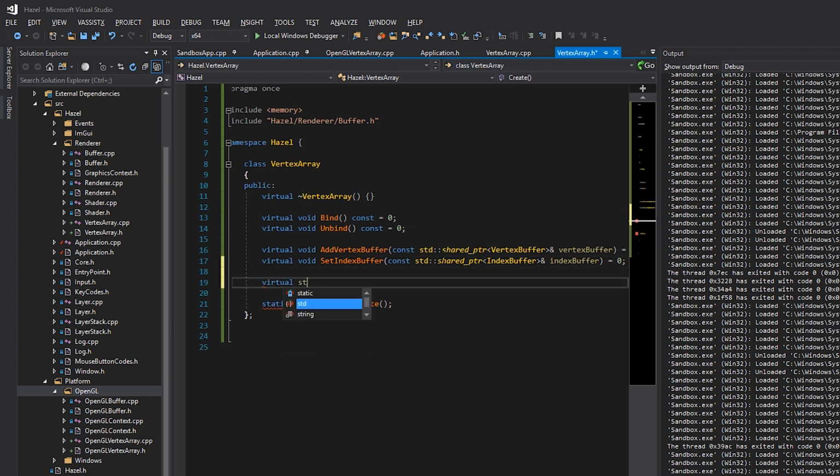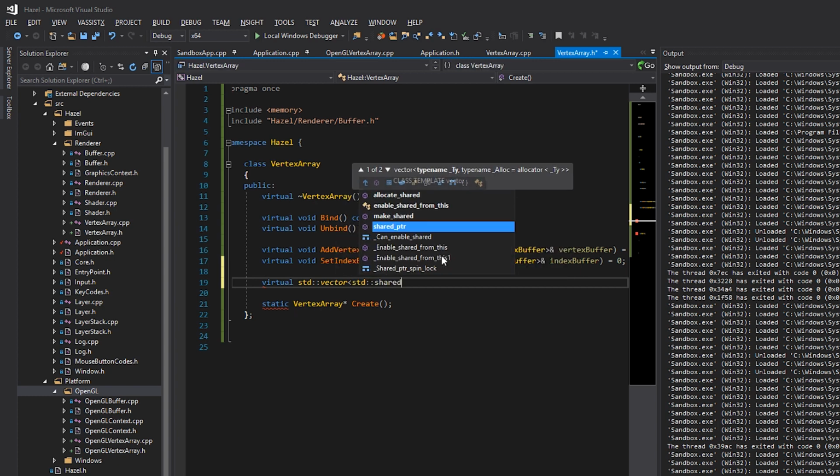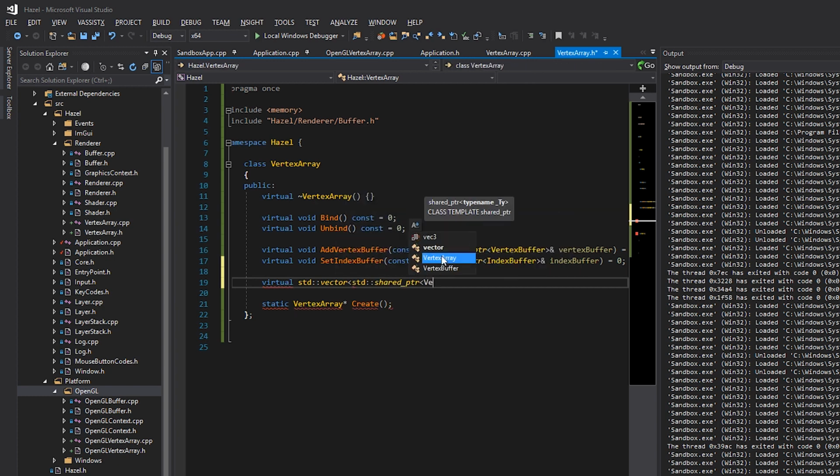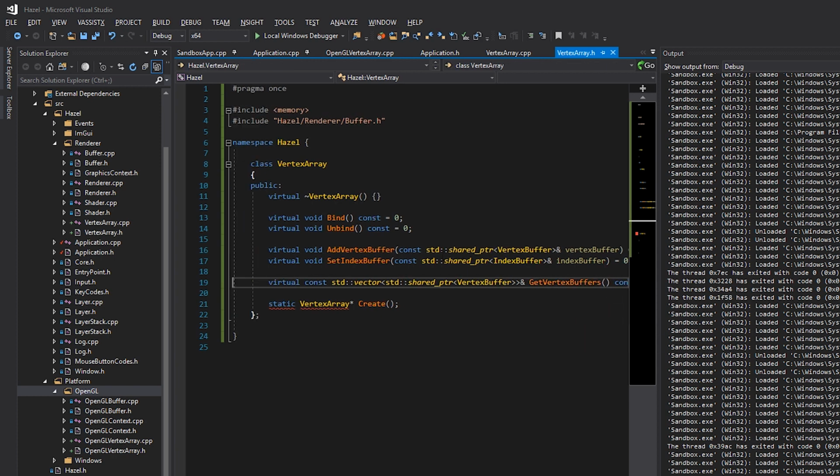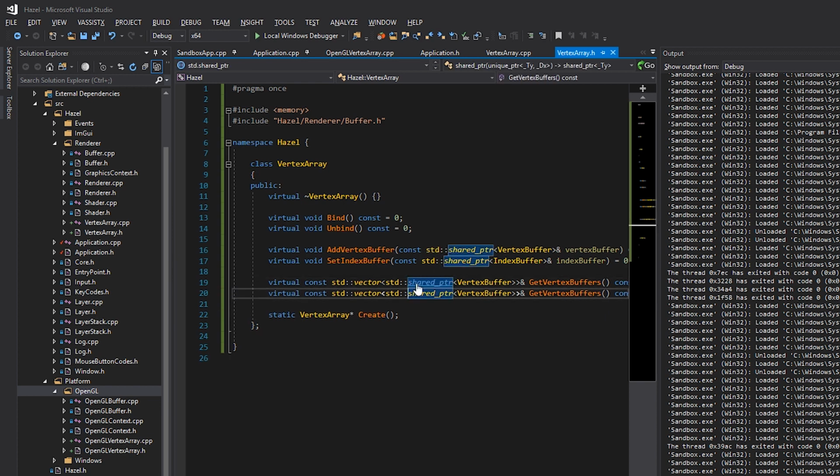So we'll say virtual std vector, std shared pointer, vertex buffer, right? There's gonna be a const reference, get vertex buffers, const equals 0, all right? And we'll have the same thing, but not the vector, and that will be for our index buffer. So index buffer, get index buffer,